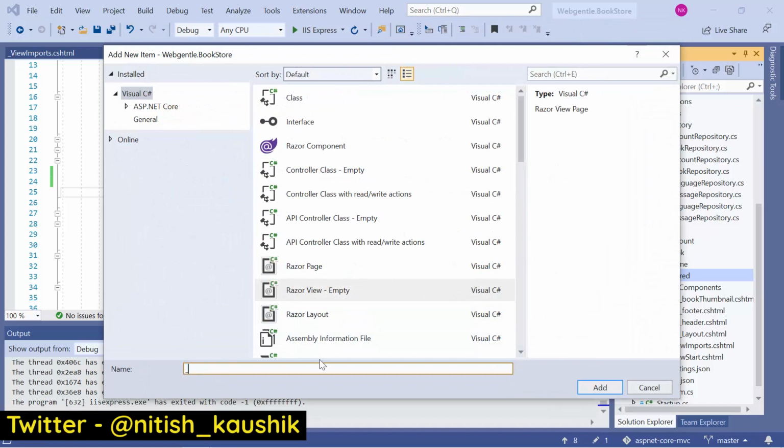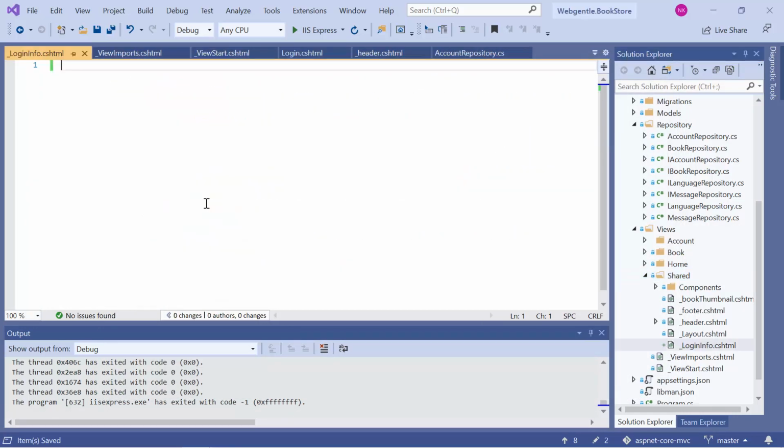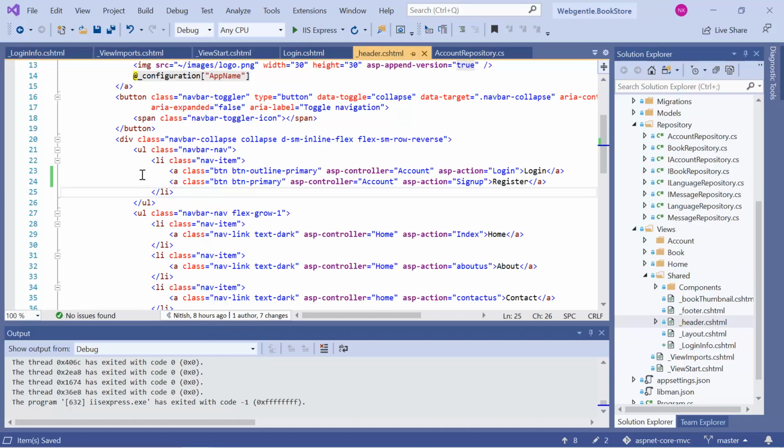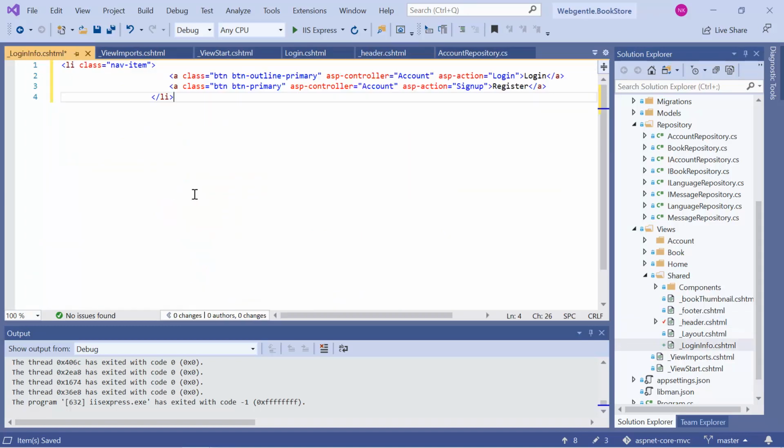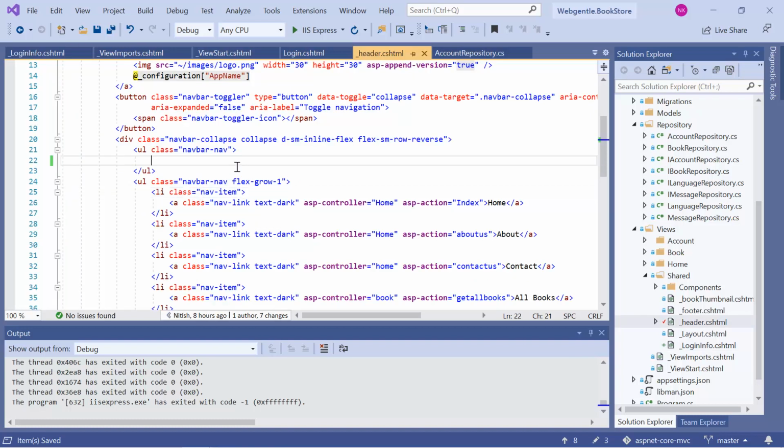Here let's enter a name like LoginInfo. Click on the add button. This is an empty partial view. Now let's cut some code from this header.cshtml, this entire code, and here let's paste this code. Okay, at this place I want to use this partial view, so I can use partial. The name is LoginInfo,